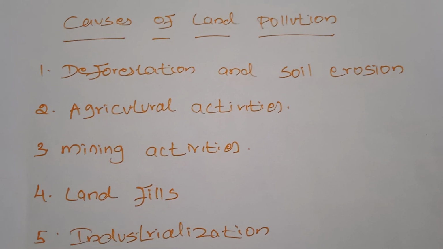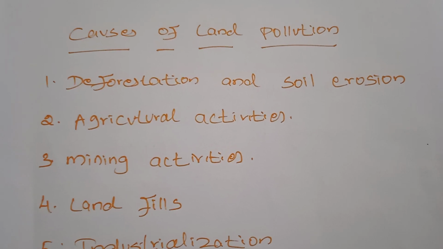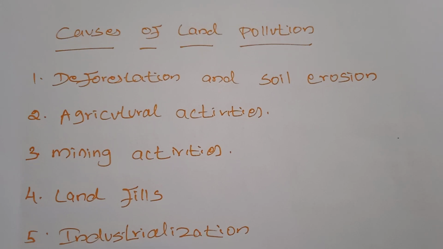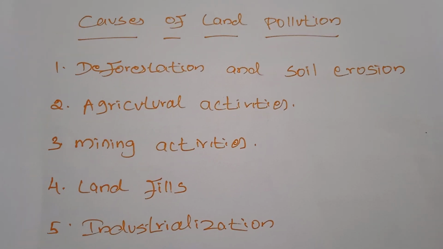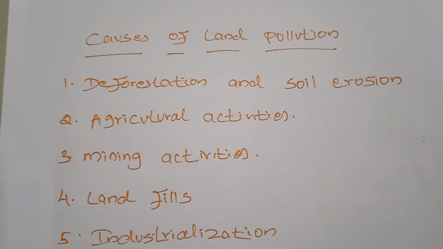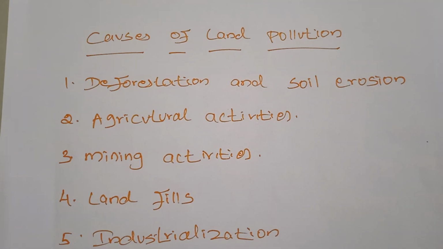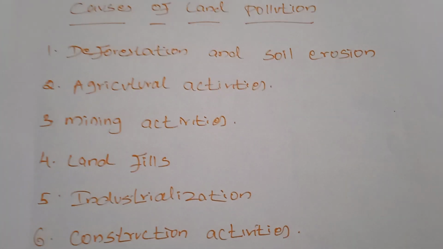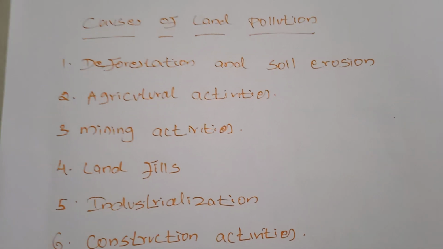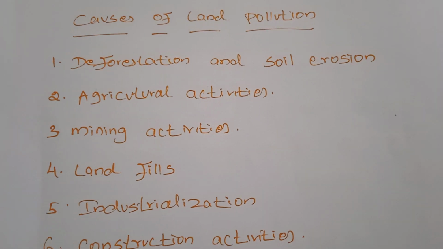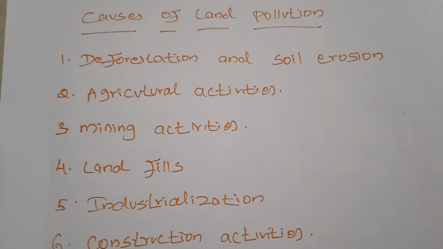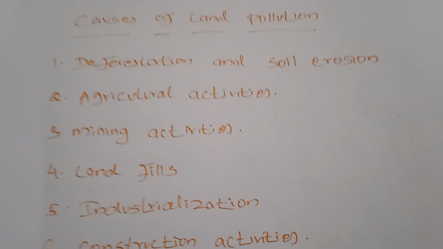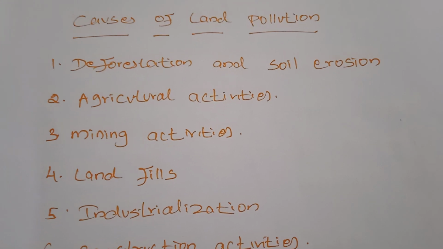Next, agricultural activities. Due to agricultural activities also, the land has the possibility of getting polluted. With growing human and pet animal populations, the demand for food has increased considerably. As we have studied already, wherever the population growth increases, on the basis of the increasing population, the people and the government also have to take responsibility for increasing the needed food for those people.